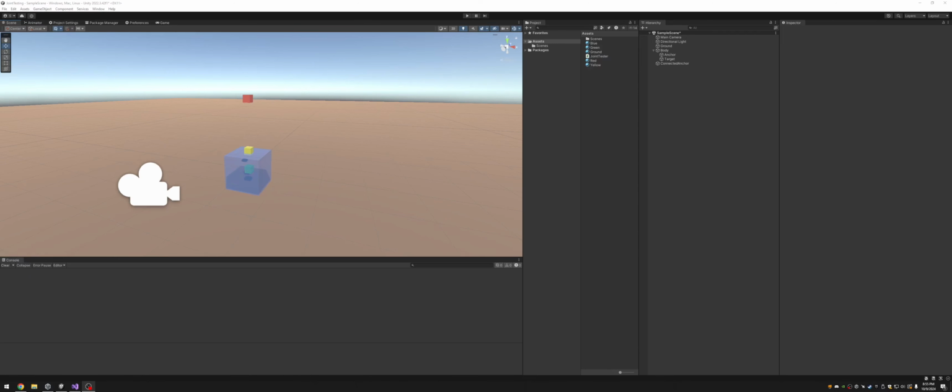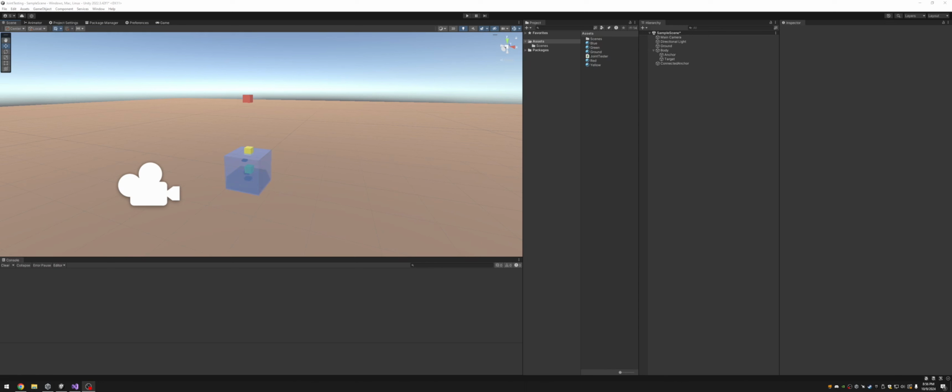Alright, I've been messing around with configurable joints for a few weeks now for my VR game, and I'm still struggling to wrap my head around how the heck they work. But I've figured some things out through this sort of test bed, and I want to share them because there's